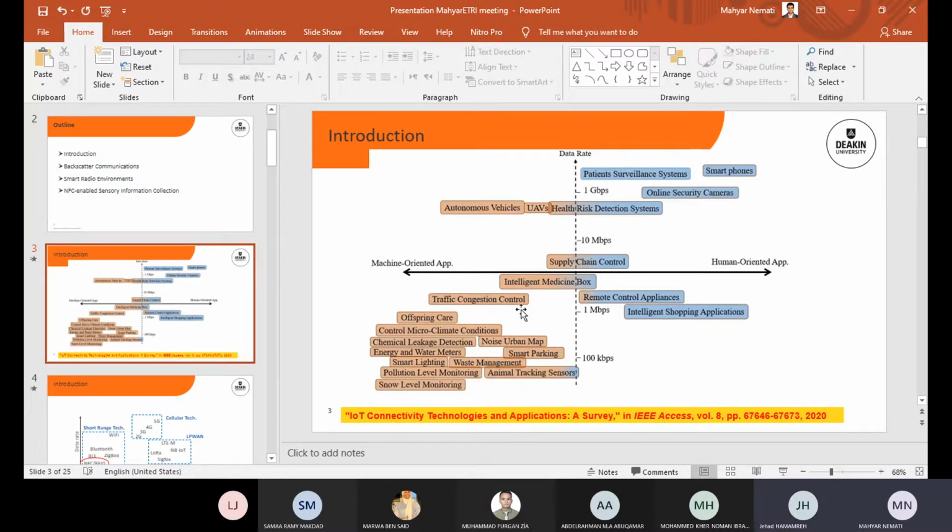One thing to note is that with machine type communications we have a higher density of applications. In the near future, we are supposed to have billions of sensors used in different industries and environments, much more than the number of human type